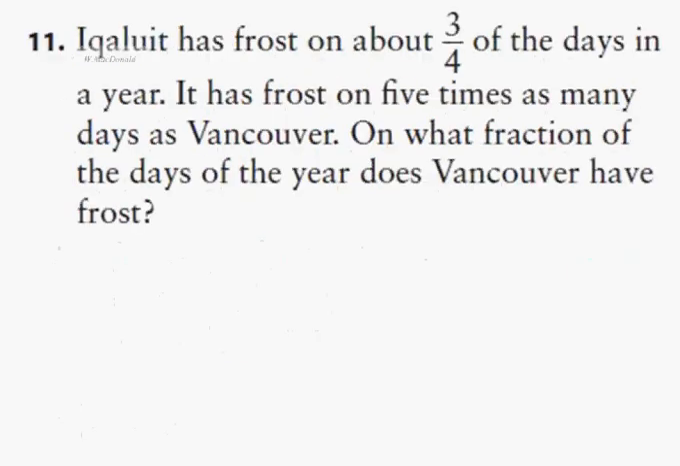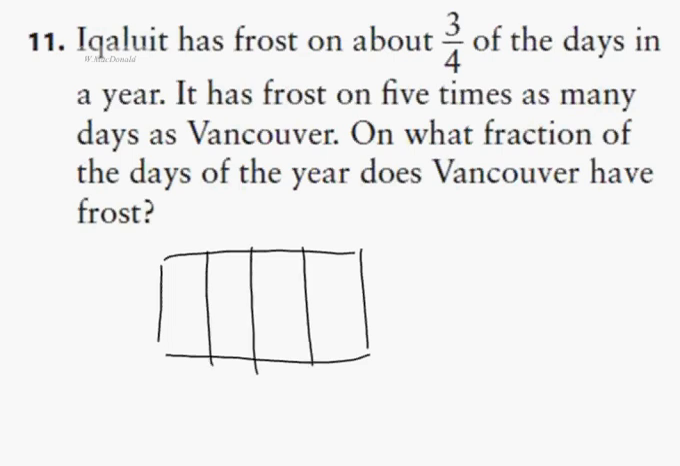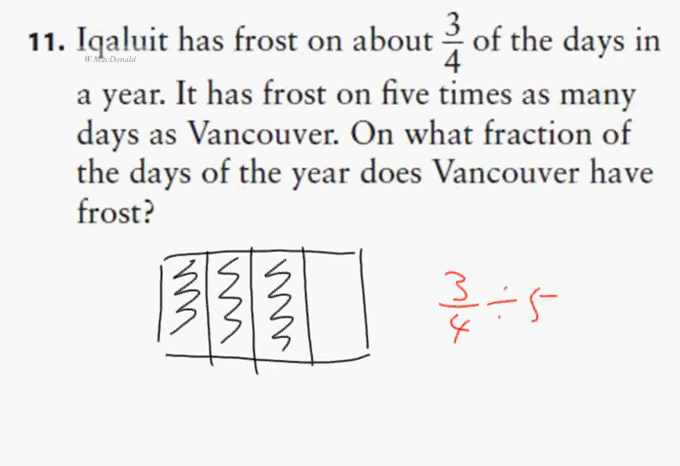And the last question, or the second last question, Iqaluit has frost on about 3/4 of the days in a year. So if I represent a year like this, Iqaluit's frost days would be 3/4. But this amount of frost is 5 times as many as Vancouver. So Vancouver is taking this 3/4, right? 3/4 and dividing it by 5. It would be 5 times as many as Vancouver. So if I divide it by 5,